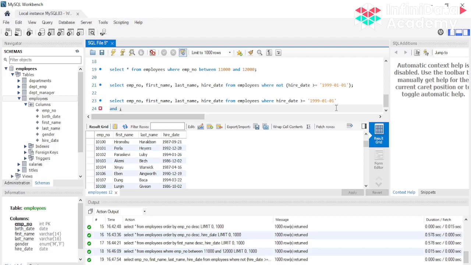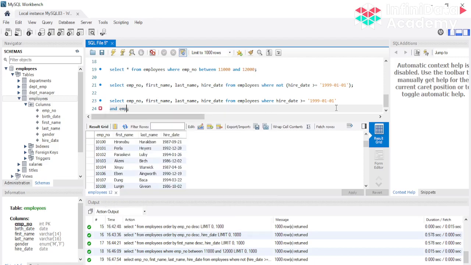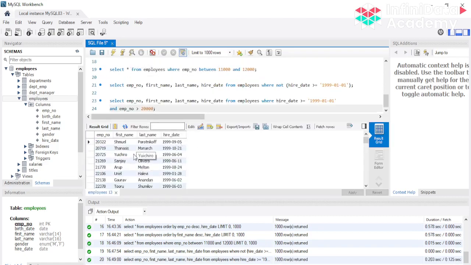Let's say I want to check on employee number, and employee number is greater than, let's say, 20,000. You can see here employee number above 20,000 and hire date is greater than 1999. So in the same way you can combine multiple conditions to filter your queries.